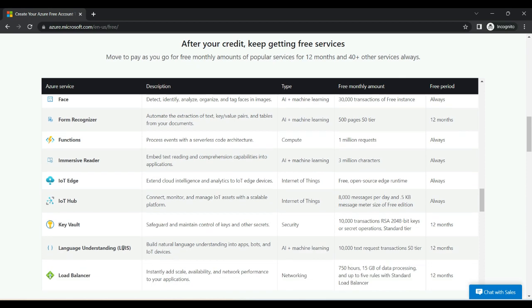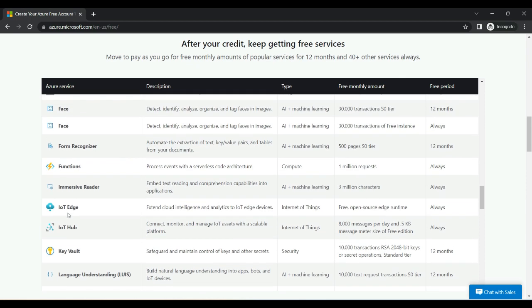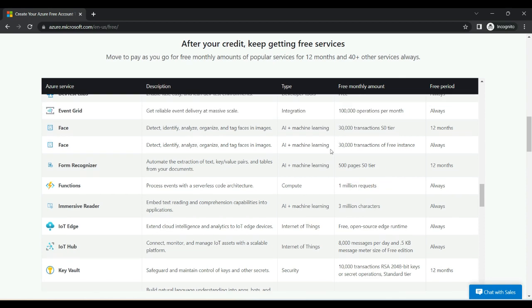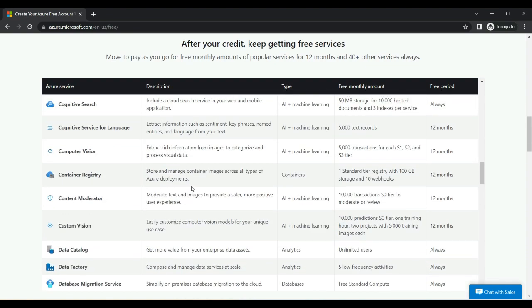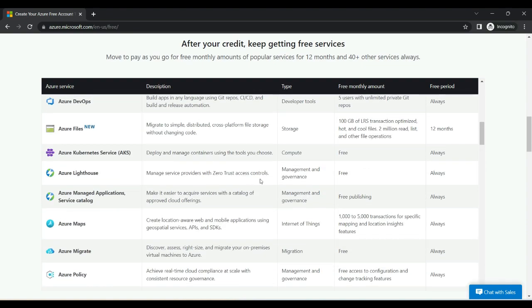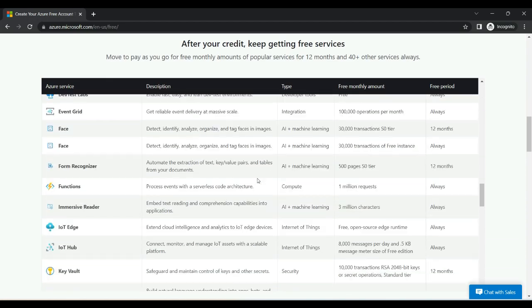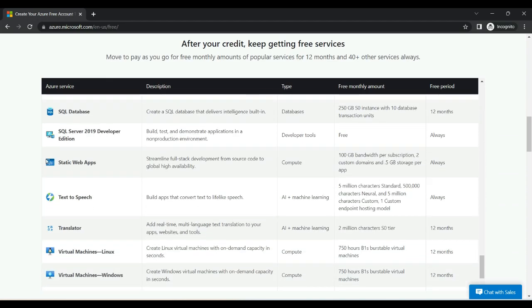So you can see you have LUIS, some of the IoT services, and most importantly the Azure serverless functions, which gives you about 1 million requests free per month, and this is always free. Now this is a very good amount to even run small scale applications without any cost or very minimal cost. So you can always refer to this table to see if the service you want to learn is under the free